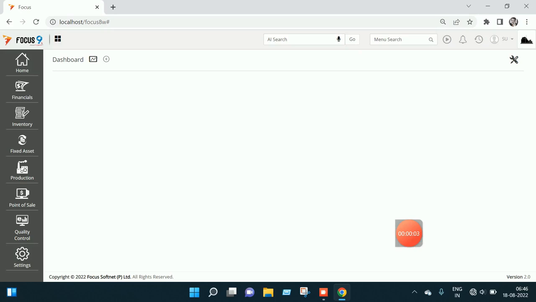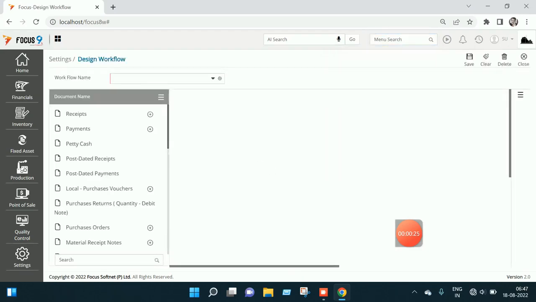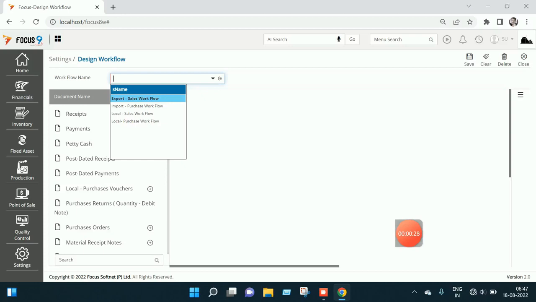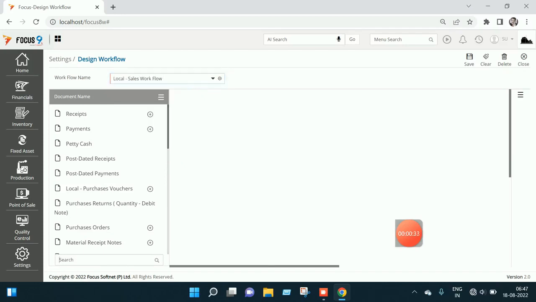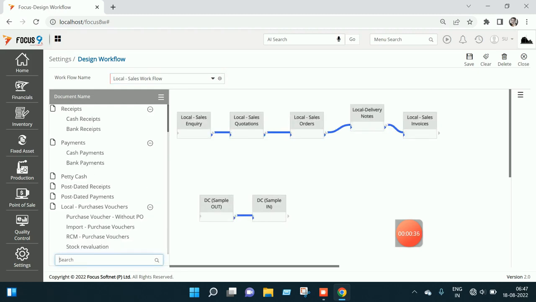In a real scenario, I will show you how the sales module will work in Focus-9 ERP. Log into Focus with your credentials and check what the sales flow is here. I'm going to design workflow. Here I will select the required workflow. I'm selecting the local sales workflow. I just press tab. Now see here, as I explained in the flow chart,